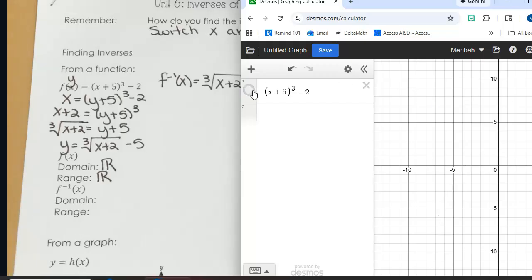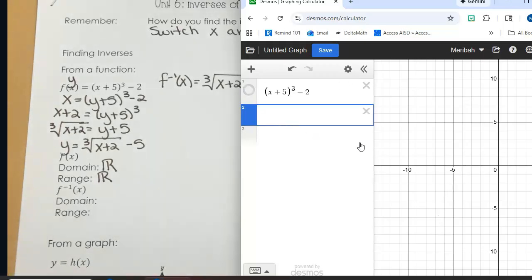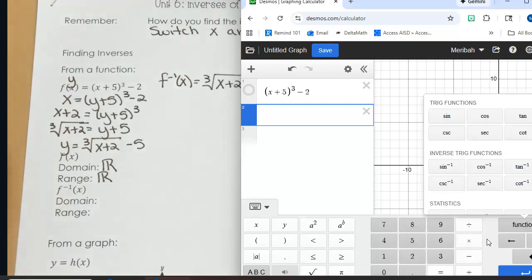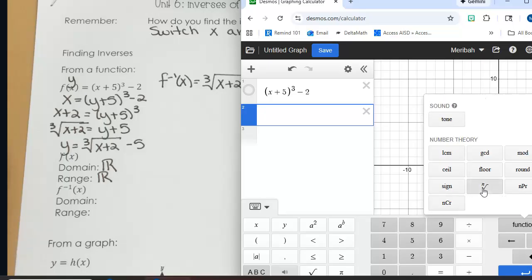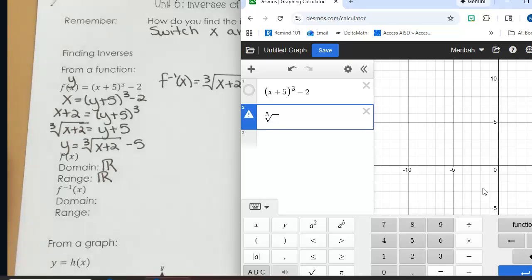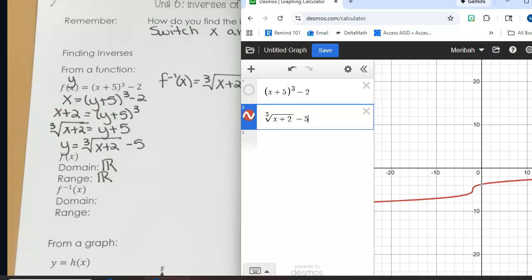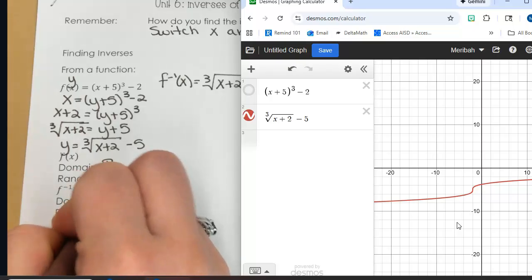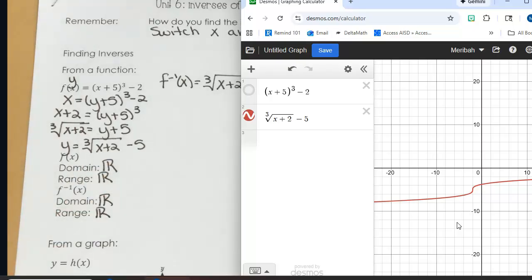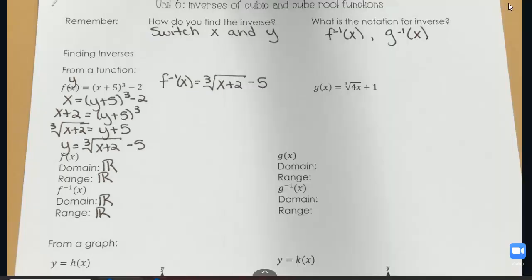So what that tells me is when I graph my inverse, cube root of x plus 2 minus 5, this is also going to give me all real numbers for both the domain and the range. So with our cubic and cube roots, we don't have domain restrictions like we did with our quadratics and square